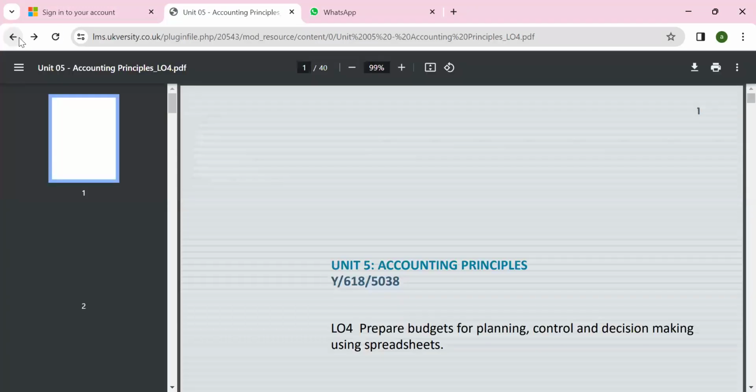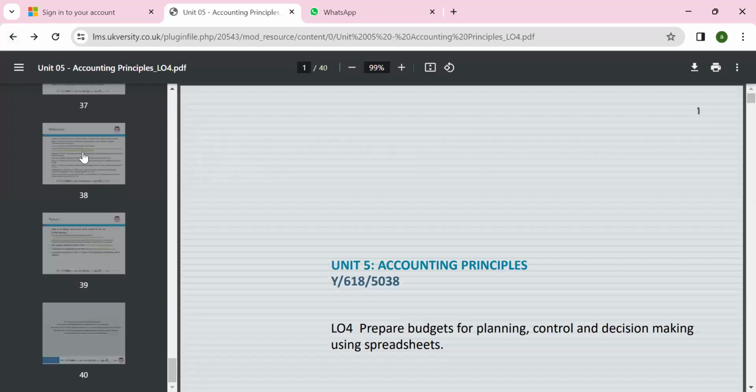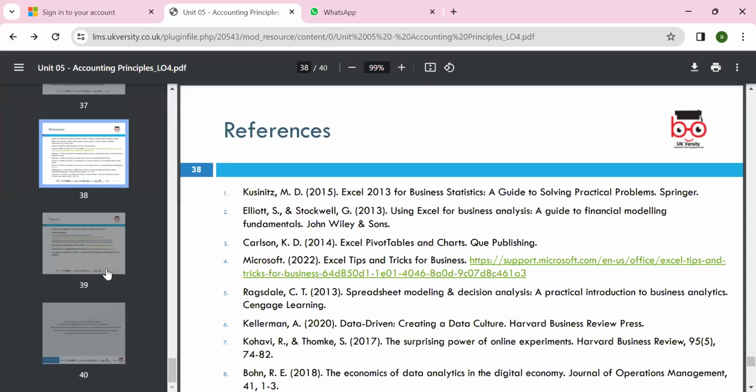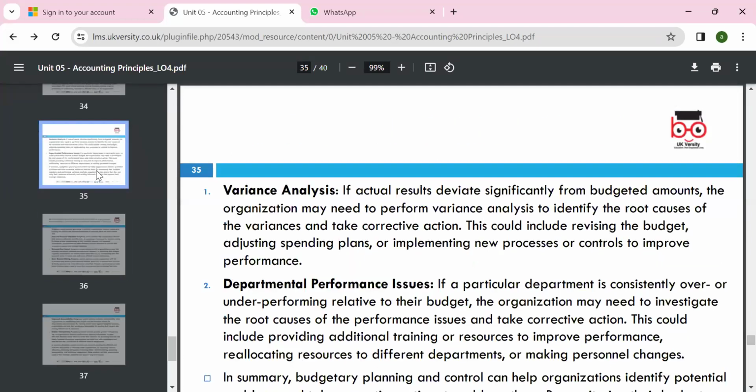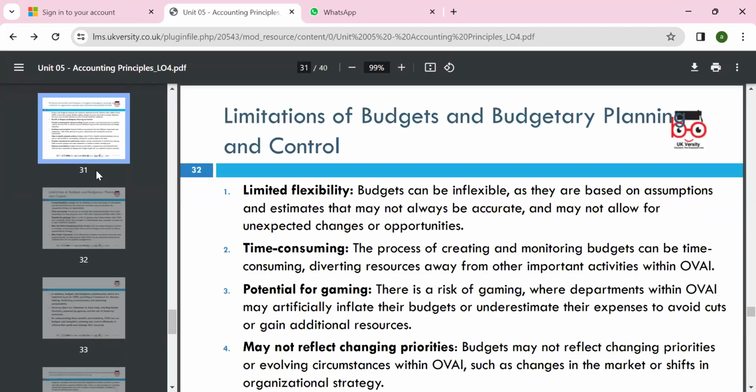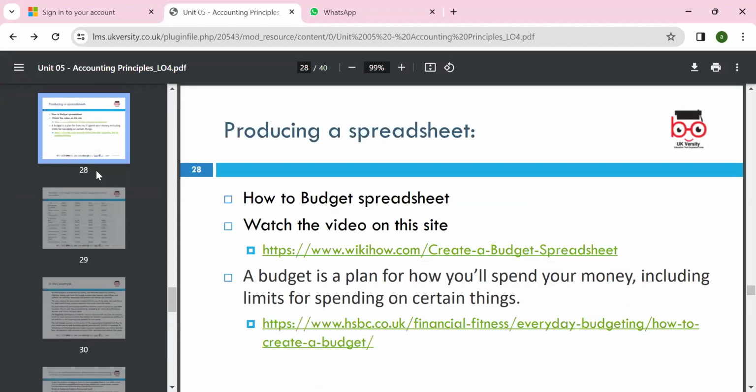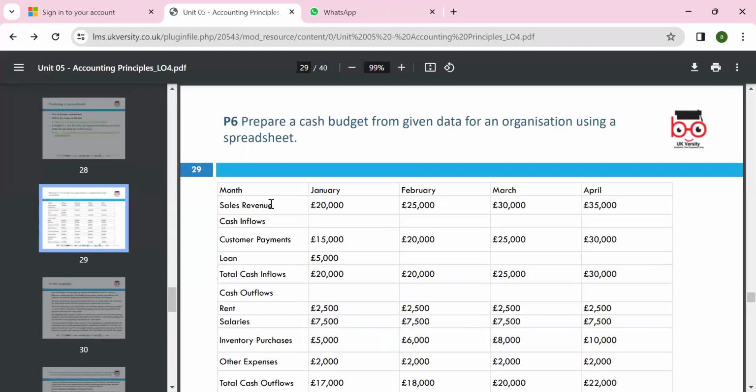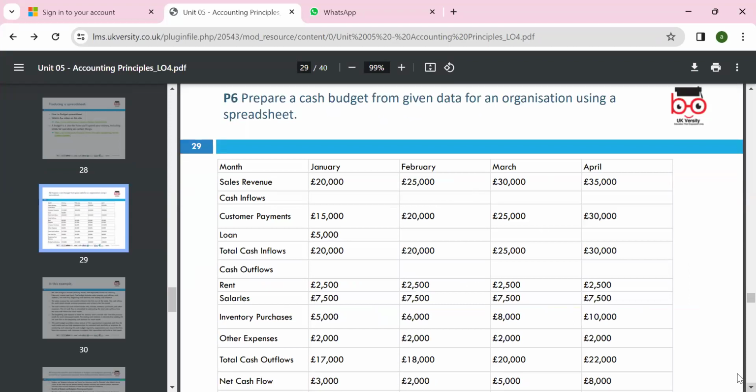And then within that, if you scroll down, we can make the budget. You've been given HSBC; as a bank, they always provide templates to help businesses make their budgets. Let's say you're preparing the budget using the spreadsheet. You have a template where you can put how many sales there will be, how much payment you will make to suppliers, and how much money you will receive. So how much will be inflows,